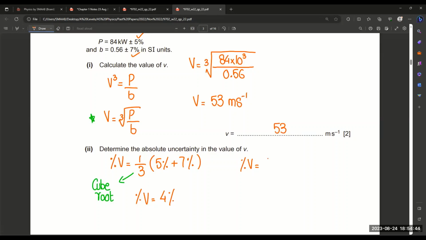So that will be equal to the change in your volume or the velocity, divided by the actual value, multiplied by 100. And your value of V is